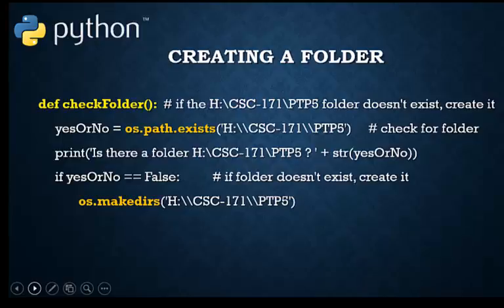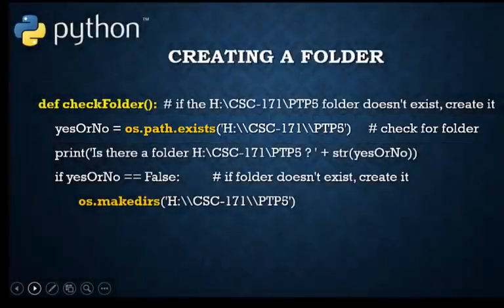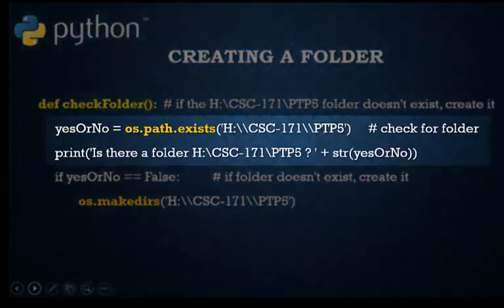The first instruction uses a function from the os.path module named exists. Given the absolute path for the PTP5 folder, it checks to see whether or not the folder already exists. If so, it returns true. If it does not exist, it will return false. We set its output to the yes or no variable and print to the screen the results of looking for